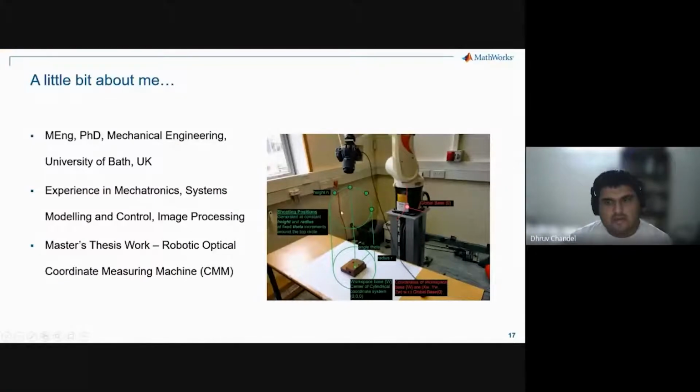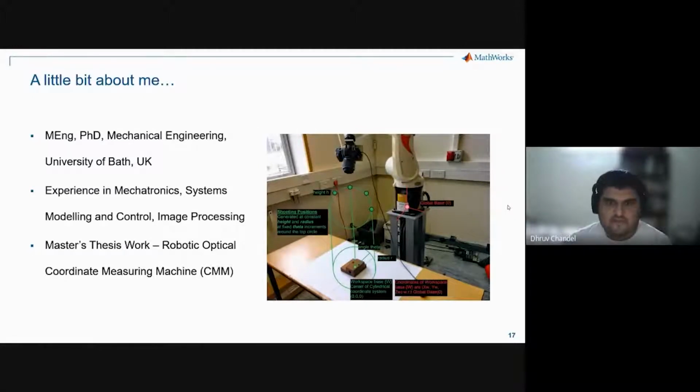A little bit about me, just so you know what my background is. I also used to work in robotics. This was my test rig. I used to work on a robot arm like this with a camera attached on the end, and we would scan different industrial objects from various sites. The idea was that we could make a precise 3D scan of some kind of object without having to touch it. This application was being used in the medical industry as well as the aerospace industry.